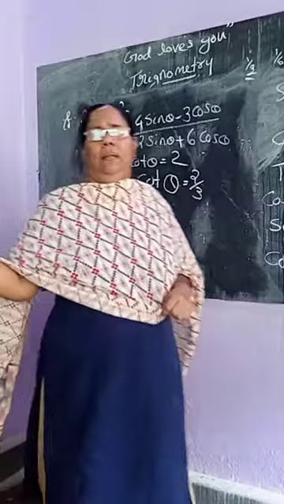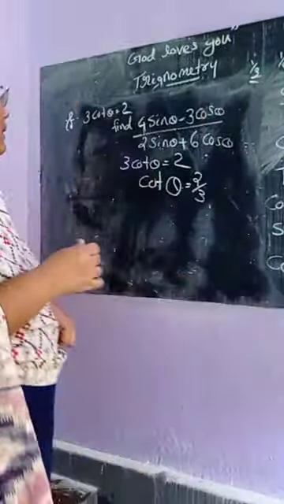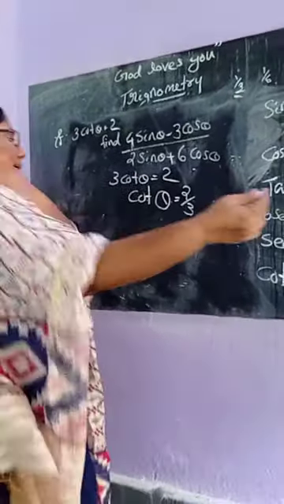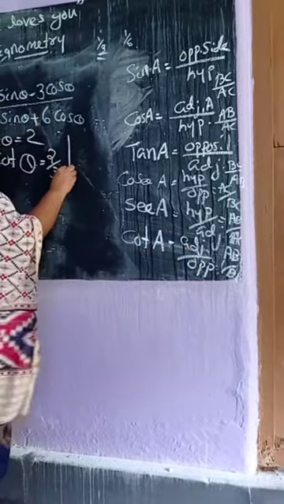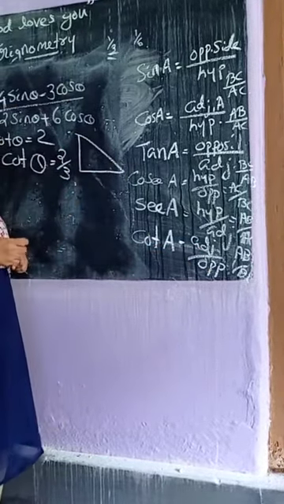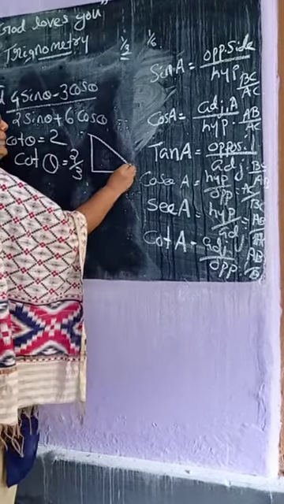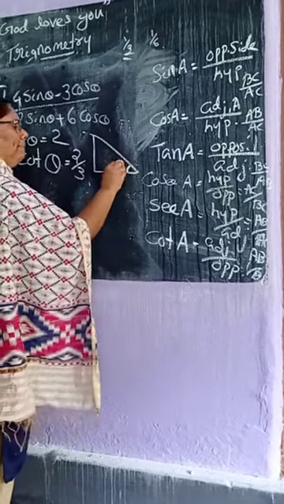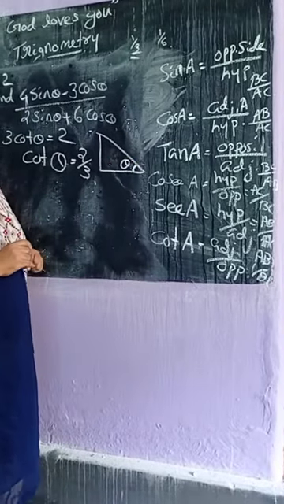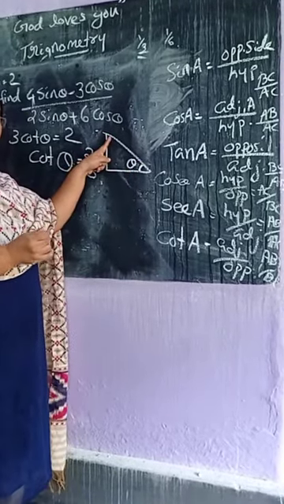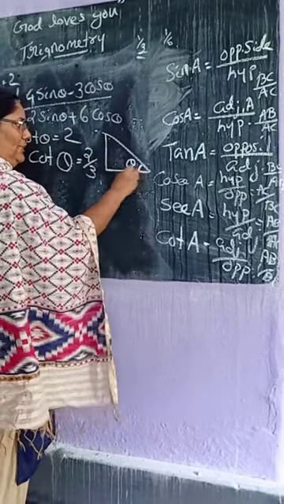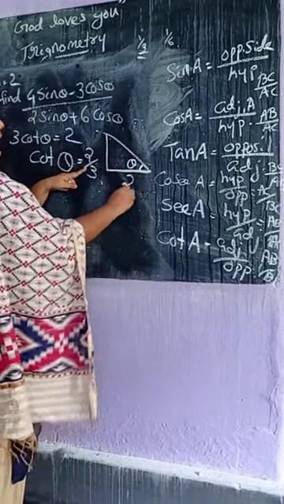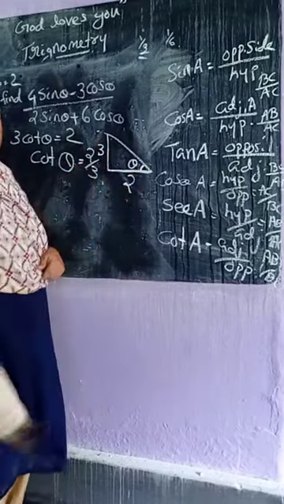Theta means one angle. Instead of A and B here, one angle is given, theta. What is cot A? Cot A is adjacent by opposite. In all the questions, first you draw the triangle, a right triangle, and mark theta here or here. Now, cot means adjacent. This is the adjacent side, 2, and this is the opposite side, 3.